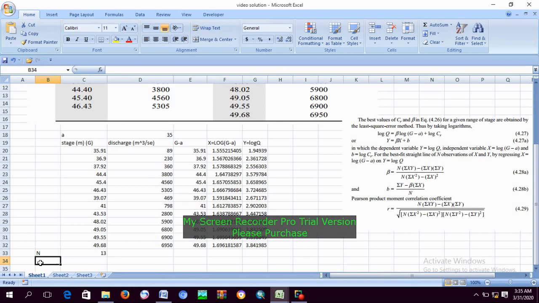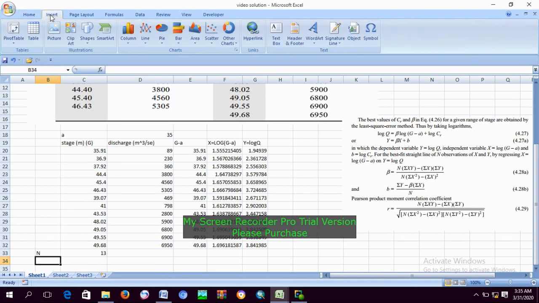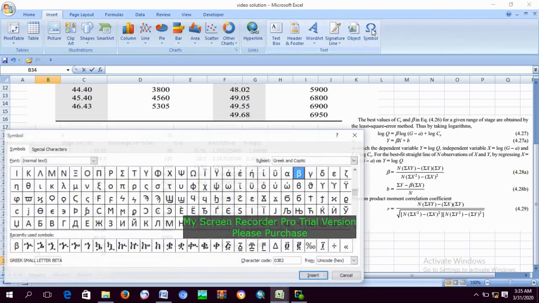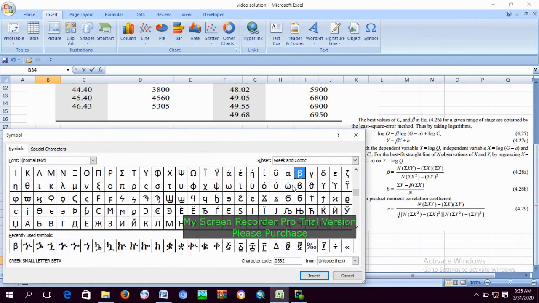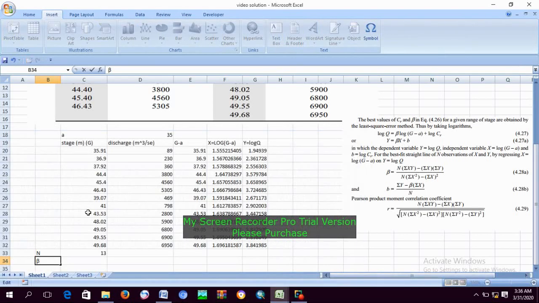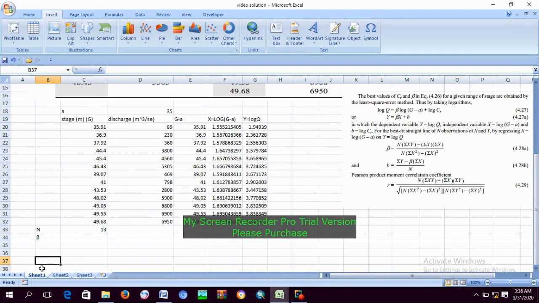Yeah, in order to get beta we can just enter the symbol and you can get the beta value. Yes, it is beta. Then there is the small b value, and also cr